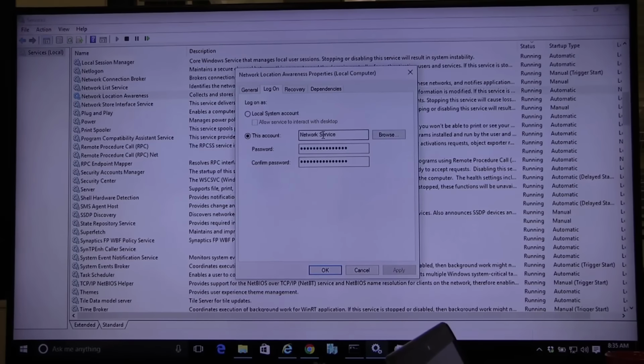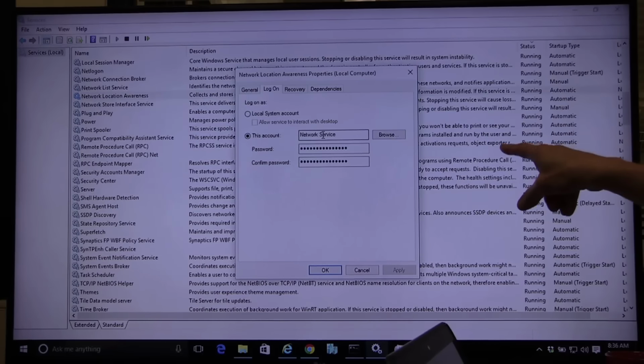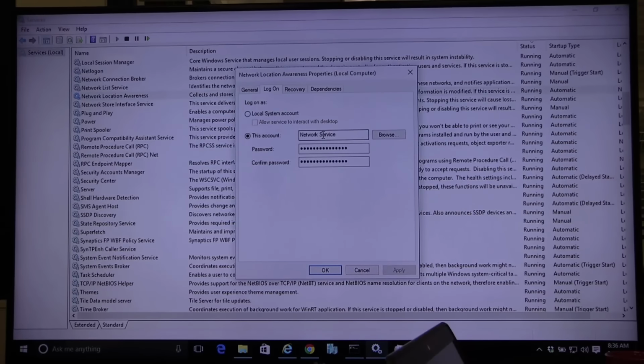You say, Mr. V, I've never done a software package that asked me to create a user account. That's because you have never installed server software. When you start installing server software, they're going to say, hold on. First, create a user account. That's the account that's going to run that software. So if you run SQL or any kind of database, they're going to ask you to create a user account first, and then that's the account that's going to run the service.